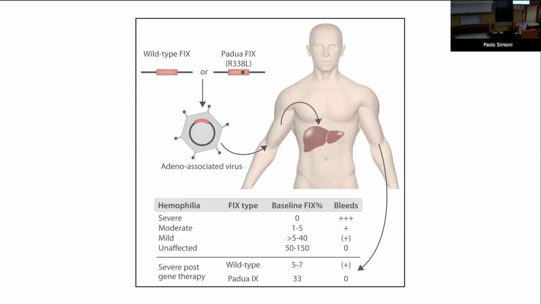The problem of having a high level of vector tends to be not so good, because this can cause hepatitis, this can cause a lot of problems. So the idea to reduce the amount of vector that you inject to perform gene therapy was very successful. And you have a molecule that was expressed at a low level but has a high function, allowing you to have in blood enough factor IX function that corrects the